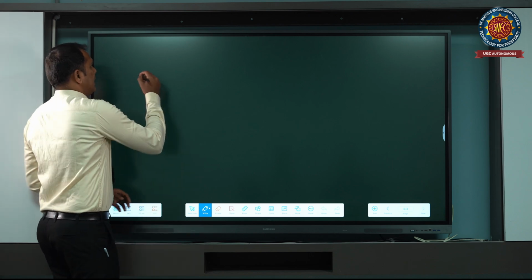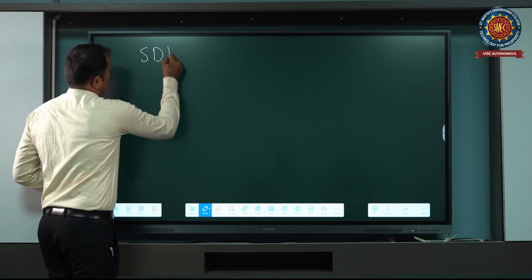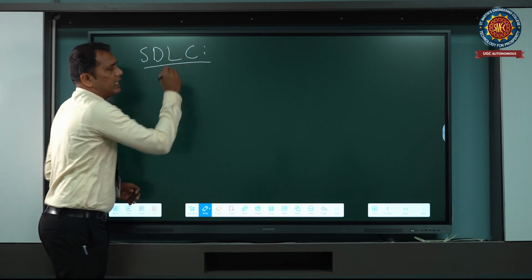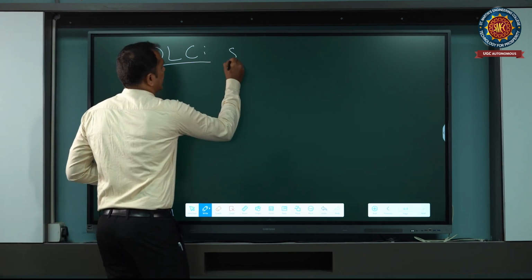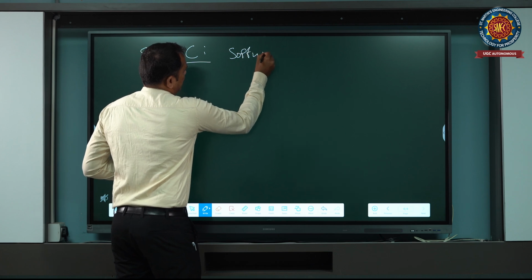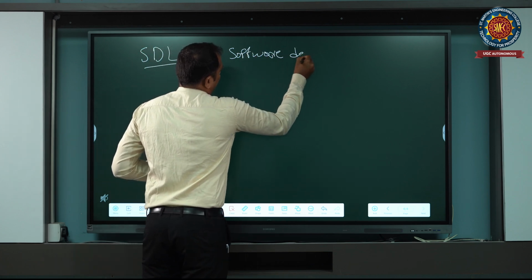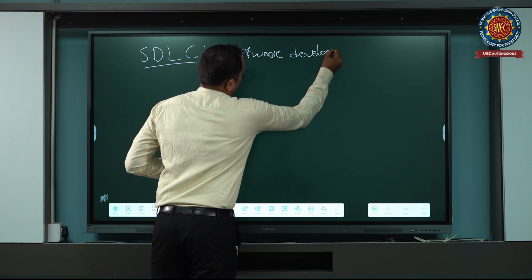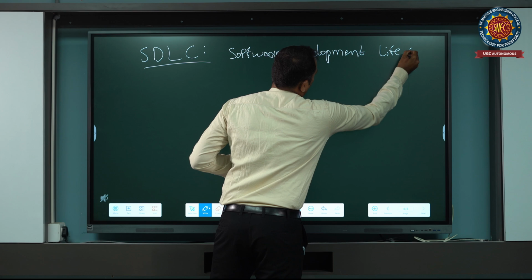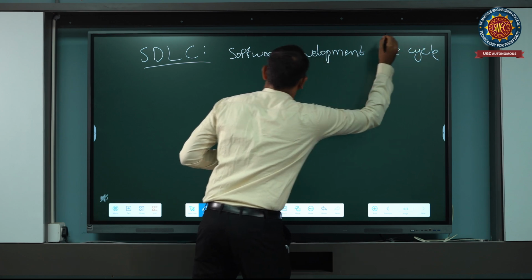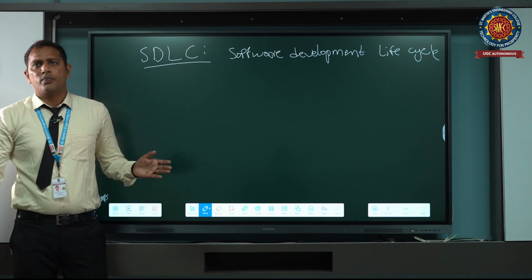And next one is SDLC. What is SDLC? SDLC stands for Software Development Life Cycle. What is the use of the software development life cycle?